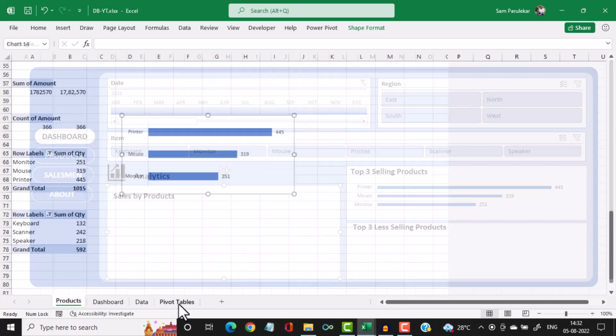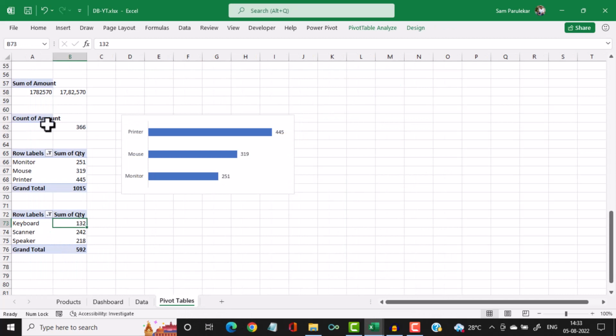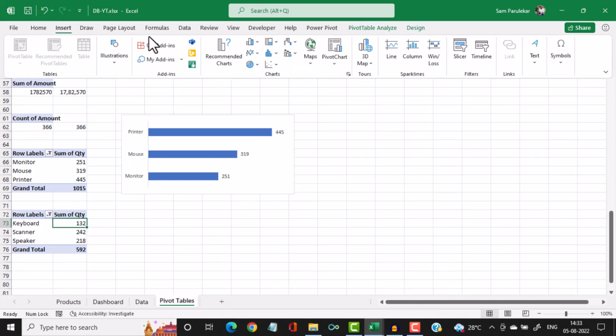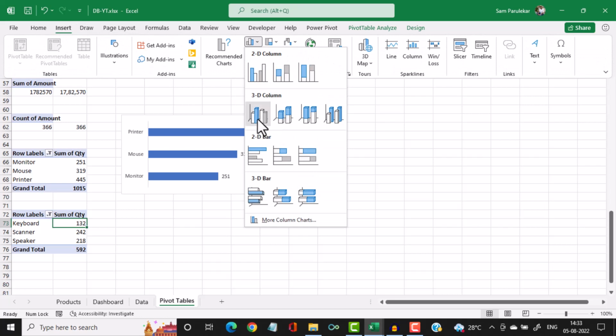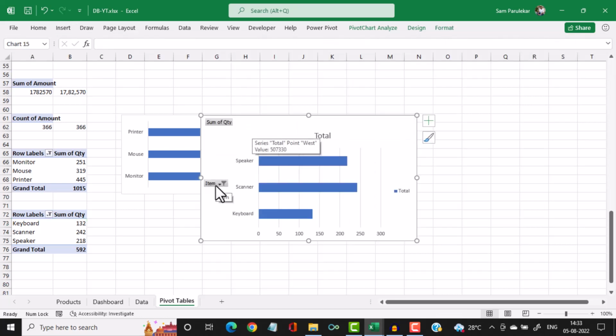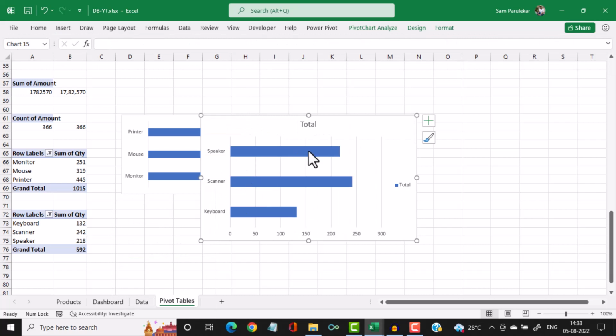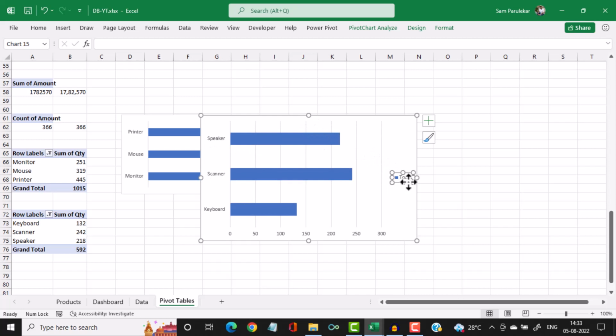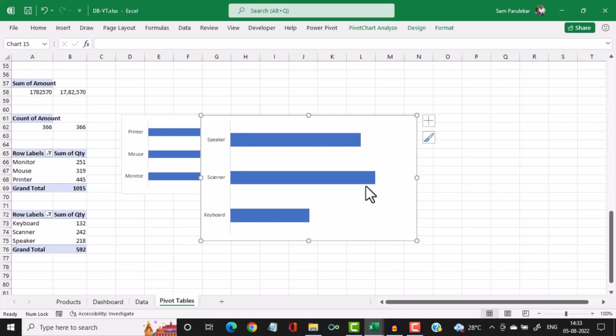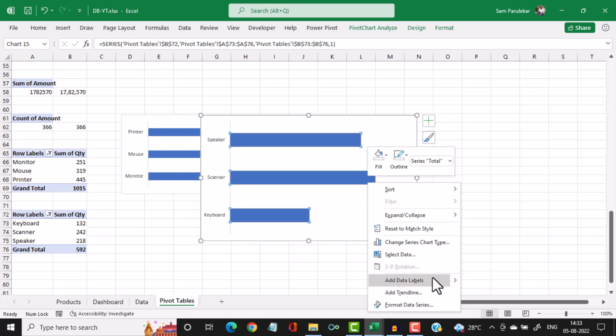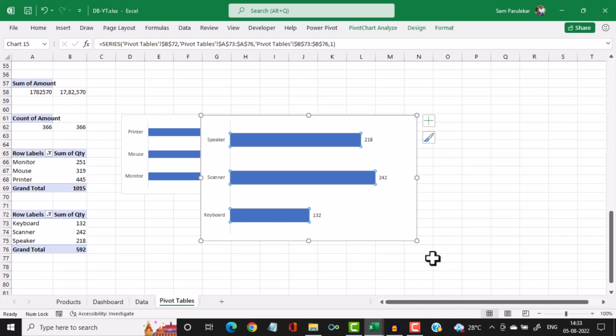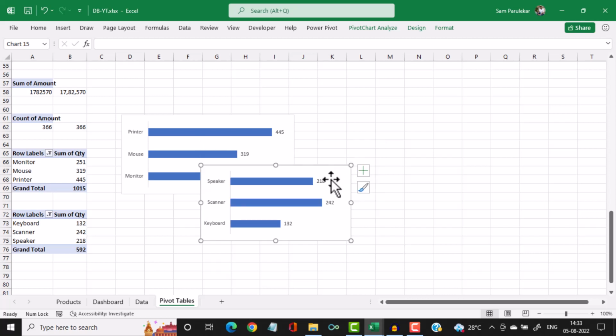So again I click on pivot table, click anywhere inside this, insert, and I select graph, and I select 2D bar graph. Again I remove this button, I don't want the headings, and I don't want the legend, I don't want the axis titles, I don't want the vertical line. However, I want the data labels, and I'll size this up, and I'll bring this down here,